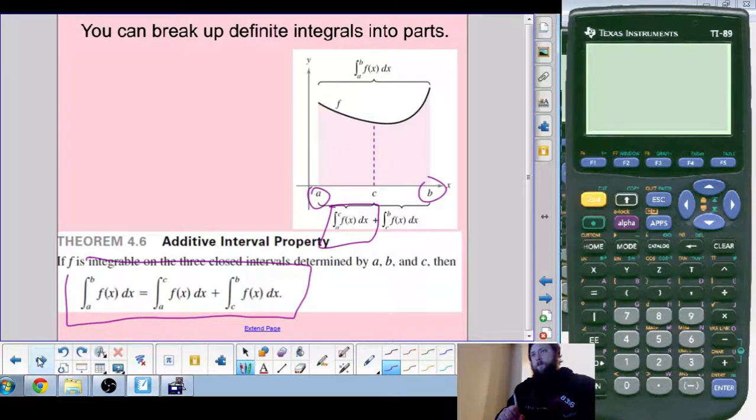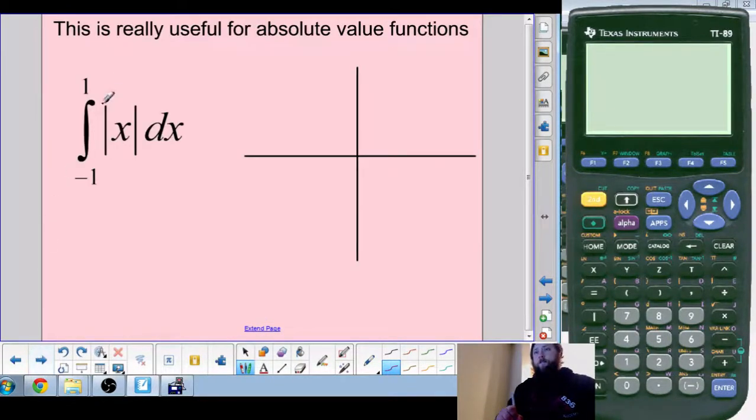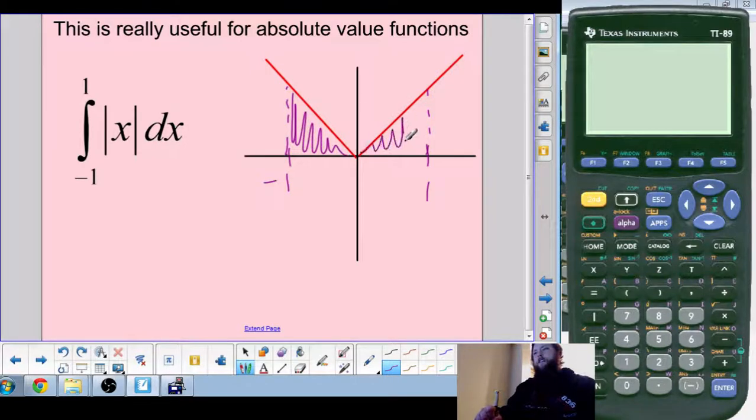One case where this is really useful is when you're dealing with absolute value. So take the absolute value of x from negative 1 to 1. If you don't remember, absolute value looks like a v. Basically, you're taking the line of f of x, but whenever it would be negative, make it positive. So we're going from negative 1 to positive 1. We have to actually break this up into chunks when using absolute values. So I've got to find the area of this plus the area of this. Well, this is equivalent to the integral from 0 to 1 of x